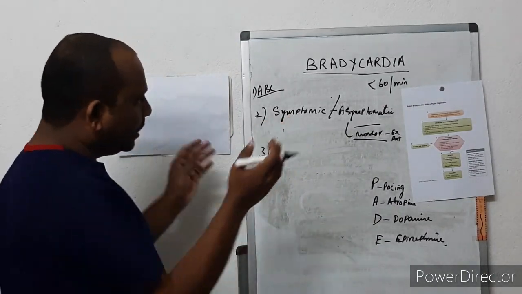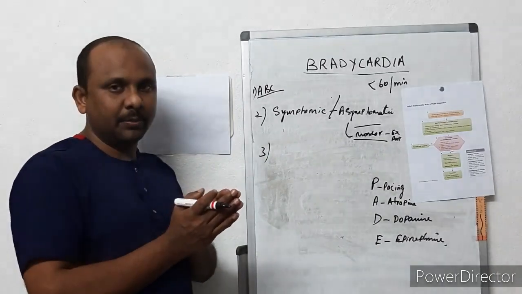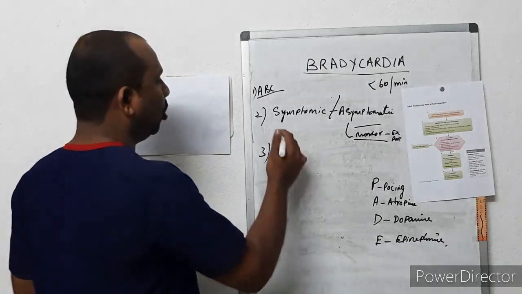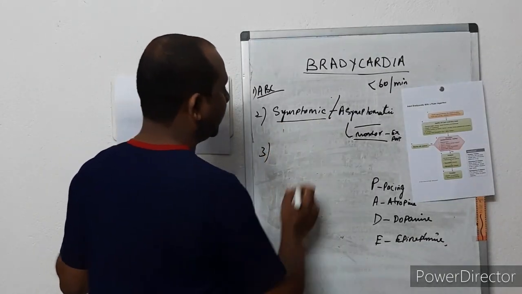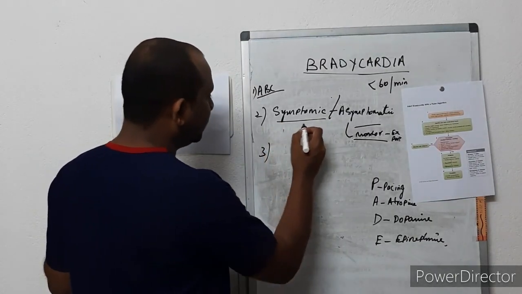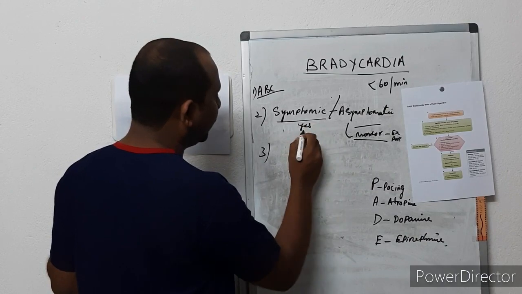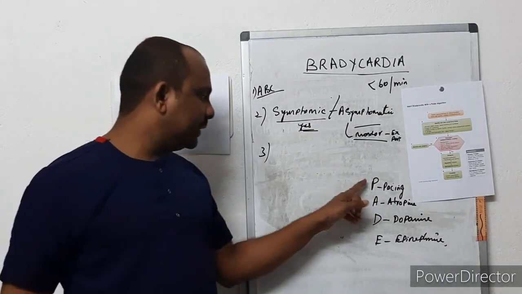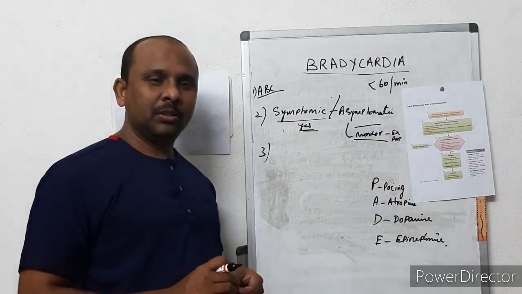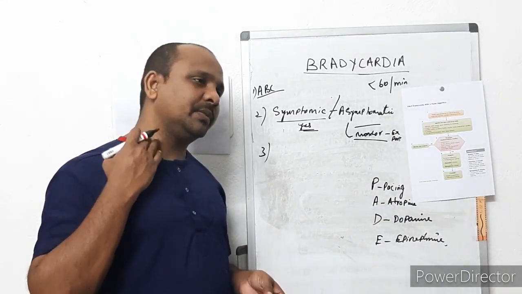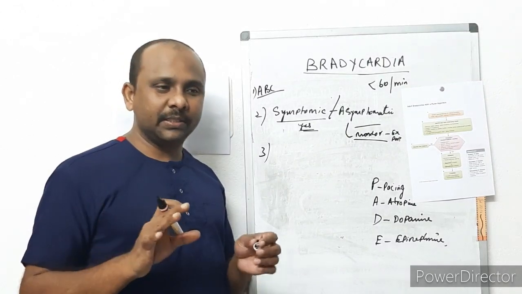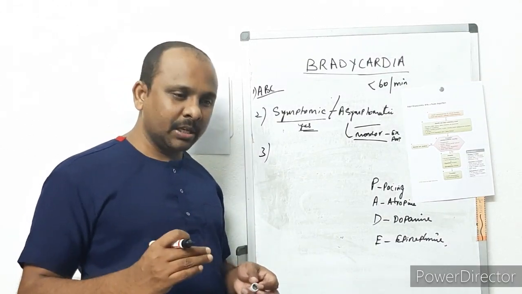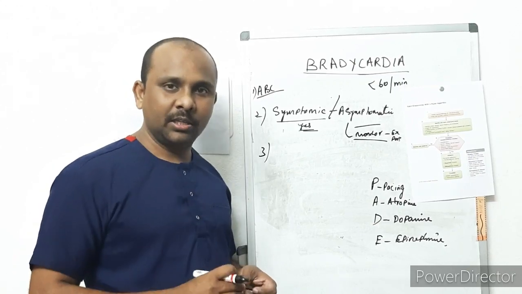So you received a patient with bradycardia, you took a 12 lead ECG, you supported the ABC, then you analyzed it as symptomatic bradycardia. Now the symptoms are yes, so you are moving into the third step. Pacing is the first choice, right? Either transcutaneous, transvenous, or permanent pacemaker is the mode of treatment, but it needs experts to do that, right?